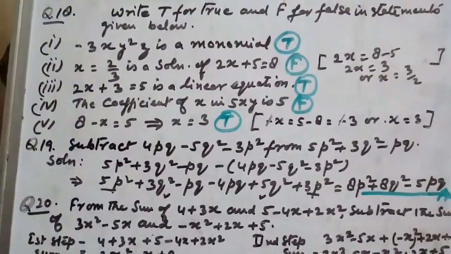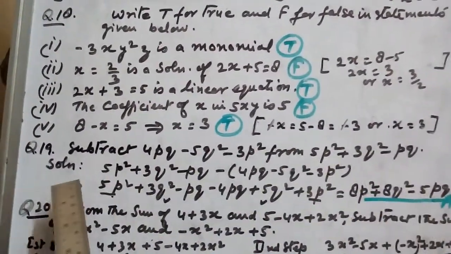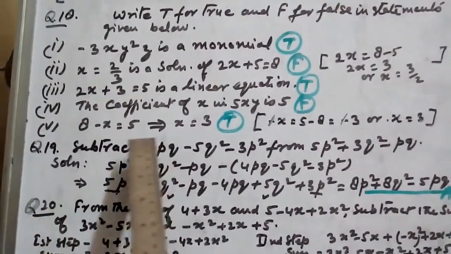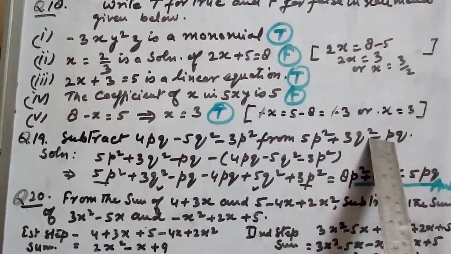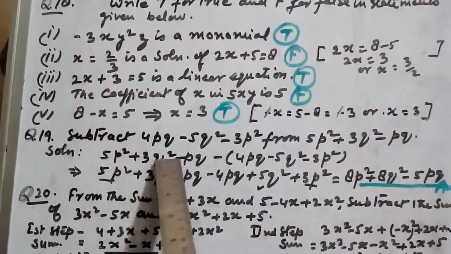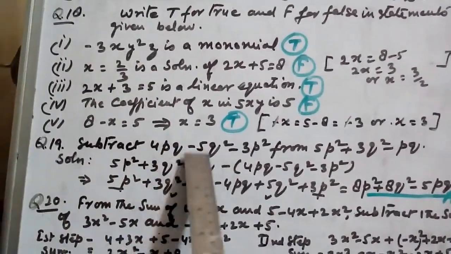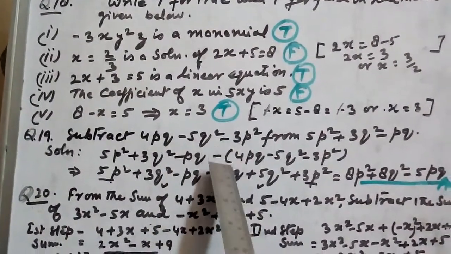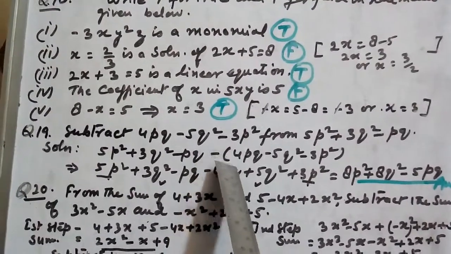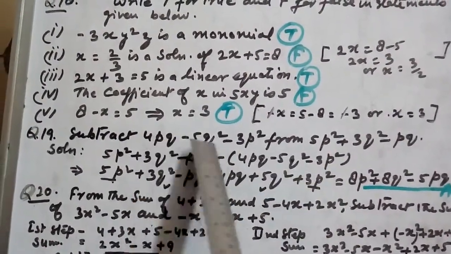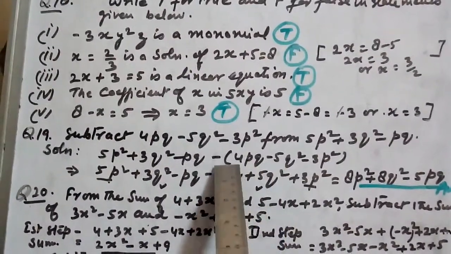Now the next question is to subtract this term from this term. So simply what we have to do, children, is subtract this from this. So write this expression in the beginning like this, and put the subtract sign because you have to subtract this expression. Now, subtracting this expression, after putting the negative sign, we have to bring this expression into brackets. So we do it like this.